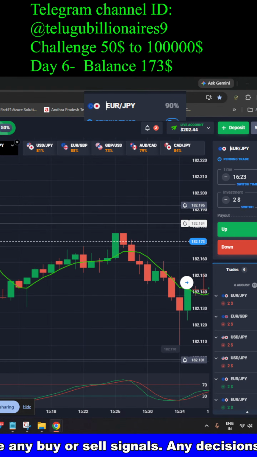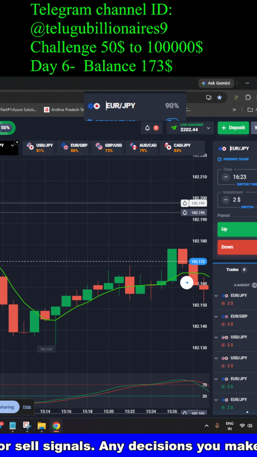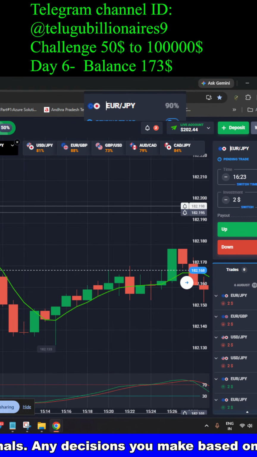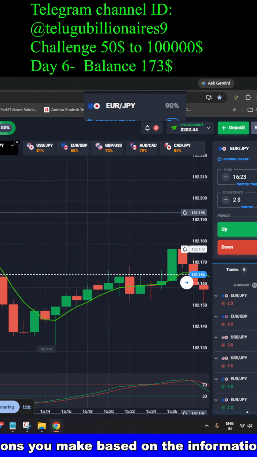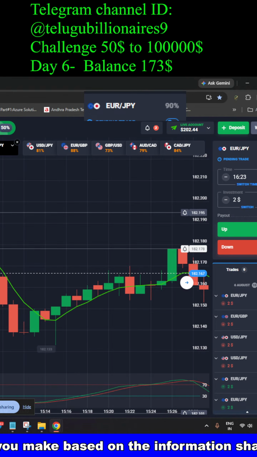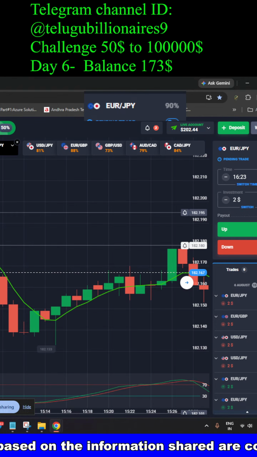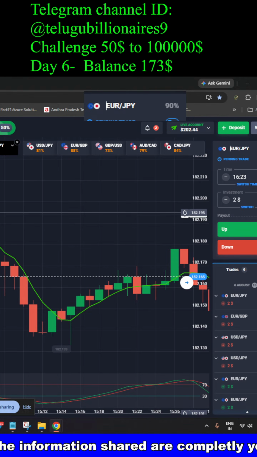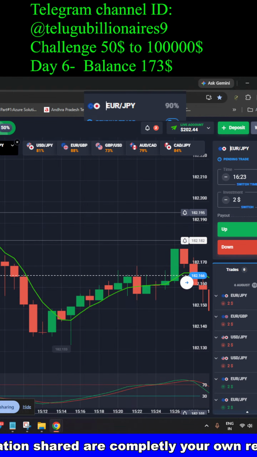If it is a green candle, suppose the market is not able to break this low and a green candle is created, you need to wait for another red candle. So the red candle breaks this low and closes. The next candle you can enter downside only with marginal entry, not immediate entry. In this scenario, if you enter this marginal entry, you will get the win.